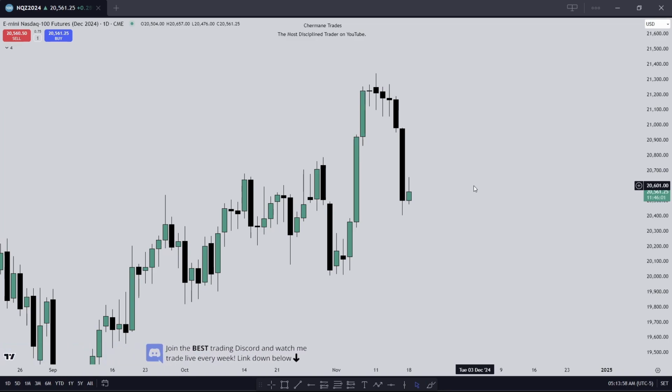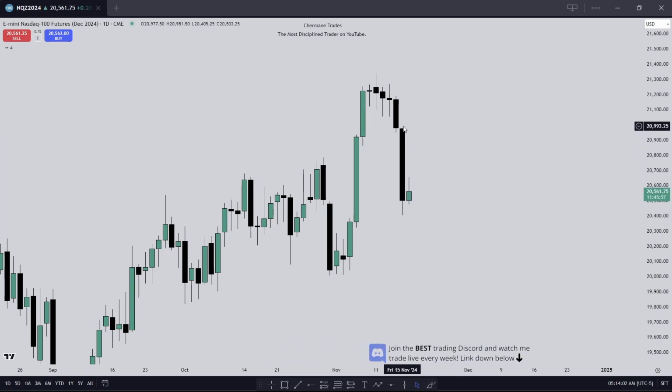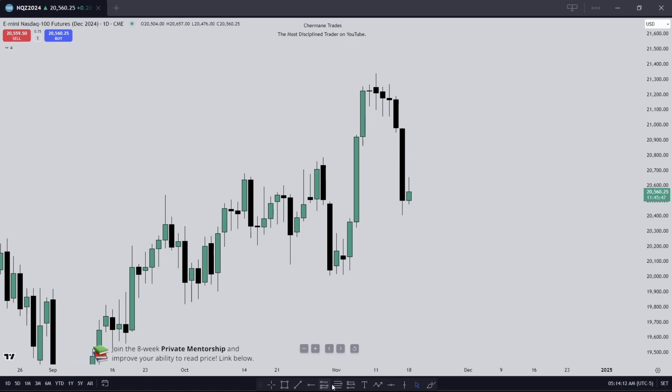So we have a daily chart pulled up here, and we're going to talk a little bit more about this as we go. This is Friday's trading. We're opening up a new week here with Monday. It's currently 5 in the morning. I haven't slept. I'm feeling good, ready to go. Anyway, here is narrative. Daily chart here.